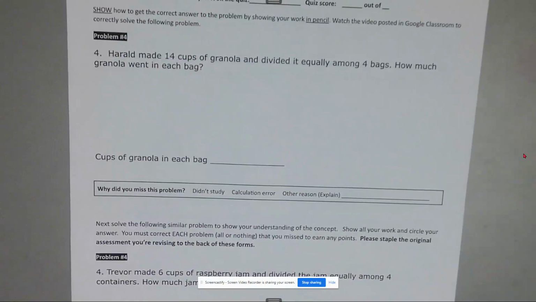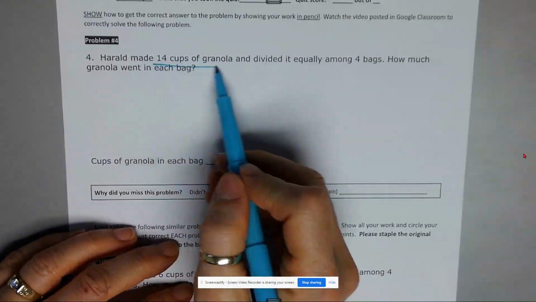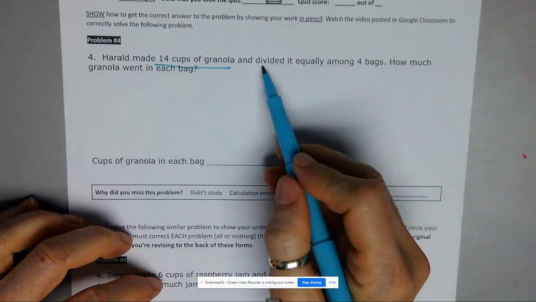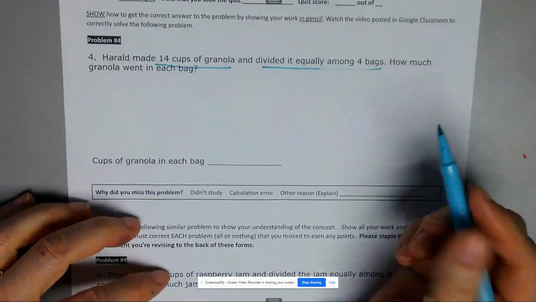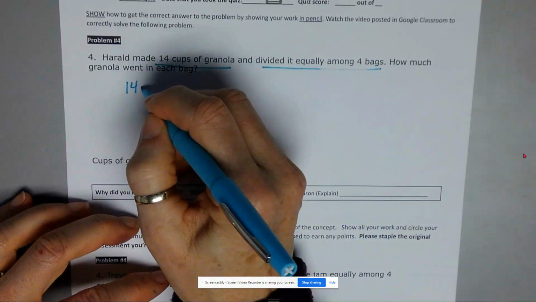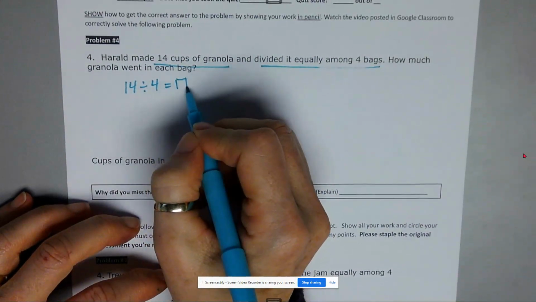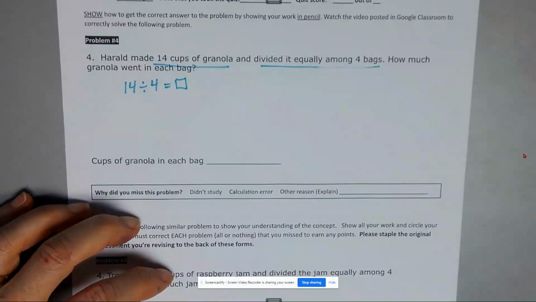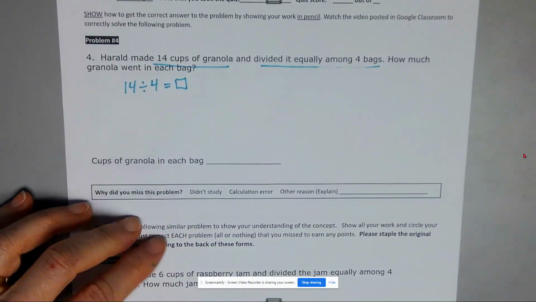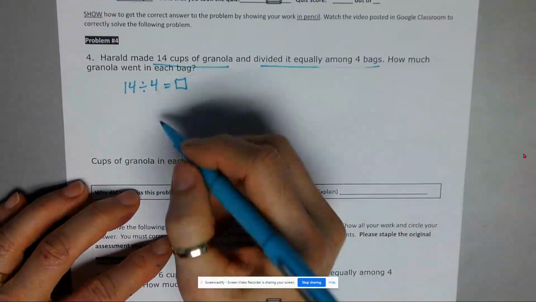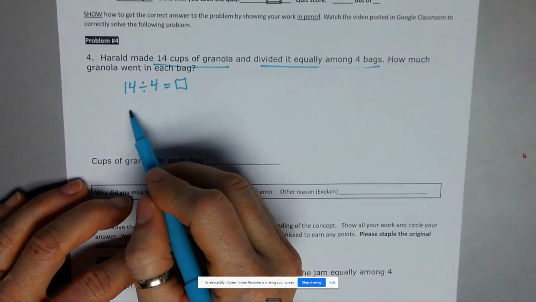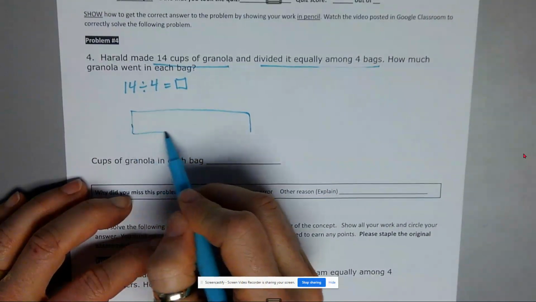Okay. Harold made 14 cups of granola. He divided it equally among 4 bags. So we should see our problem is 14 divided by 4. You can do this 2 ways. We can do a picture and we can do long division. We'll do both. So if I have 4 boxes, 4 bags,